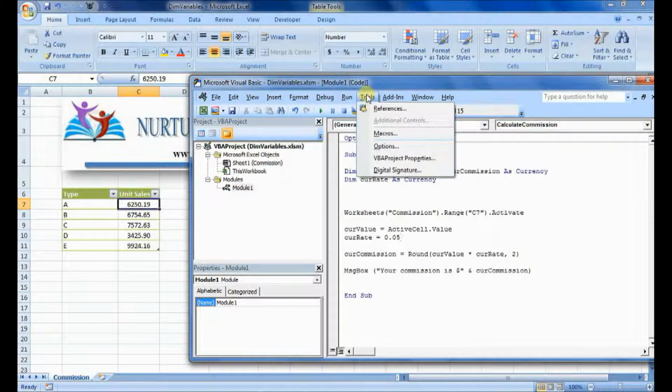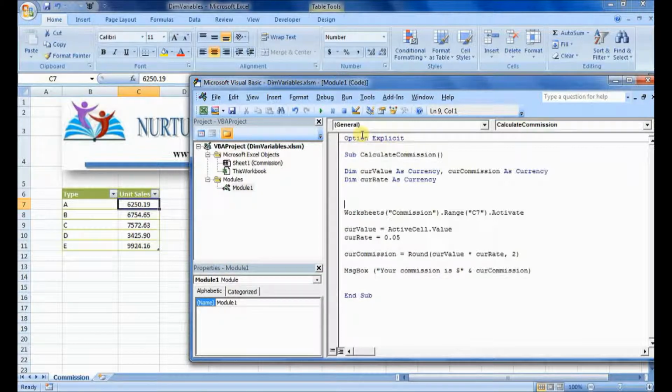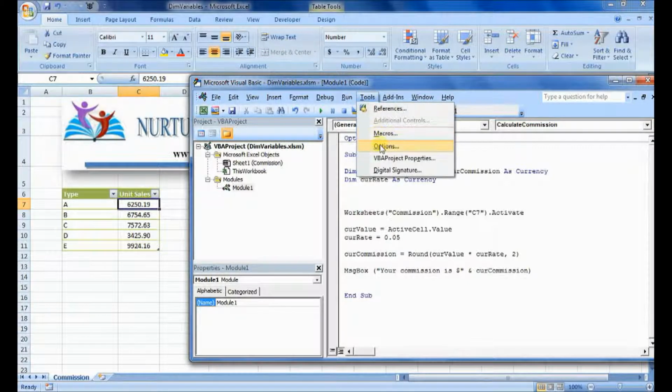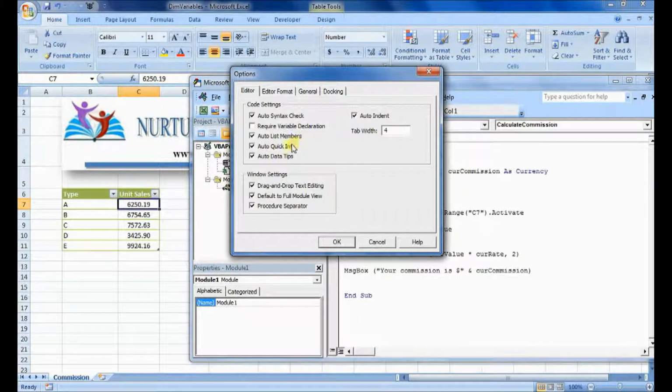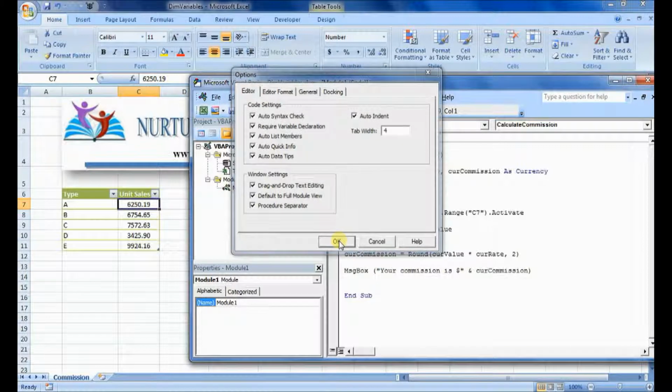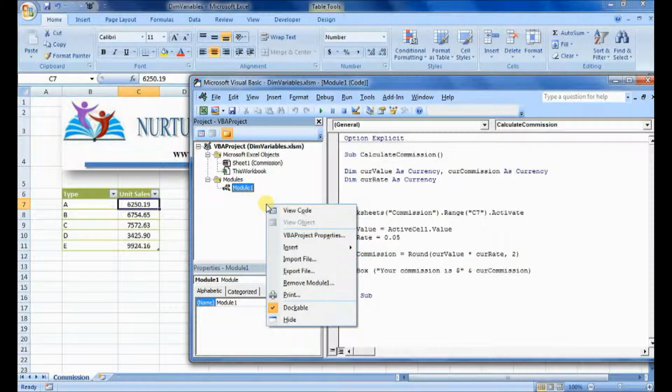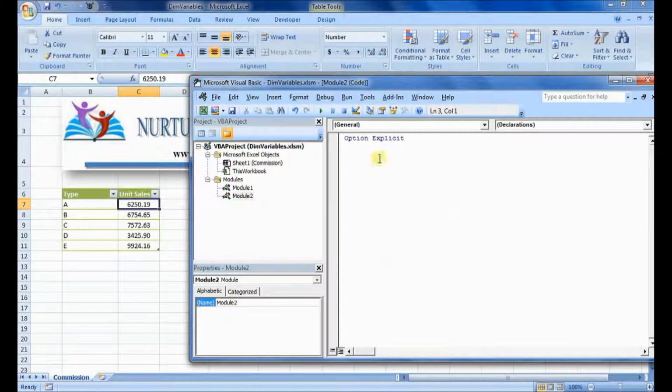I also wanted to tell you one thing. If you go to the Tools option, this is the very best practice which I want to tell you, that Option Explicit should come in your code whenever you try to create a procedure, so that by default it comes. For that you have to go to Tools and then Options. Under the Editor tab, this is unchecked right now, which is Require Variable Declaration. If you just click over here and press OK, then every time you open a new module, let's say if I just insert a new module, you can see Option Explicit is also coming. So this is the way we can make our code a bit healthy.